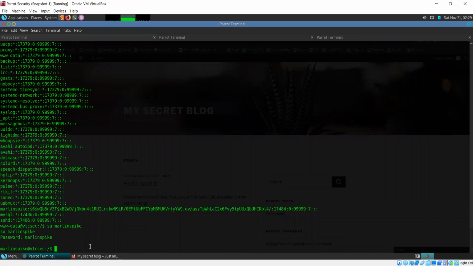Whenever you access a system, your ultimate goal is to get root access. So the first thing you do on any system when you get user access is run the command sudo -l and see what kind of commands this user can run on this system with the sudo command.